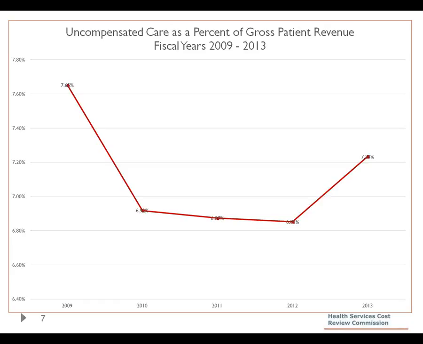Just a quick question on this chart. Just want to clarify that this is actually the amount of uncompensated care, not necessarily what was built into rates in each year. This is the actual, if you will, uncompensated care that the hospital would have reported on their financial statements. Yes, so it is the actual uncompensated care from the financials,